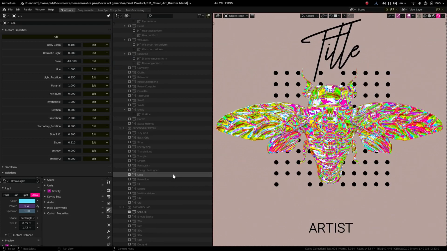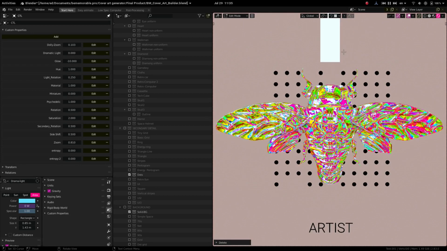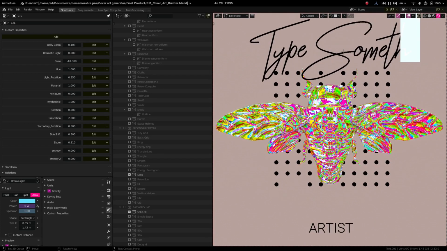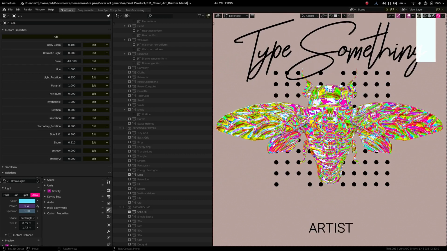And I guess I should explain how to work with text, and that's pretty simple. You basically click on your text, and here in object mode you change to the edit mode, and now you can type whatever you want. Type something, and then once again you don't hit enter, you just go into the object mode again,